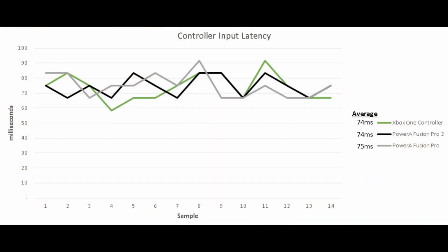I also performed an input latency test in Apex Legends on an Xbox Series X using both Fusion Pro models and a standard Xbox One controller. My methodology was I measured the time between the sound of the switch and a button press and the change in state of pixels on my monitor. I had the monitor set to 120 Hz, even though Apex currently only runs at 60 FPS on all consoles. Here are the results. As you can see, all three controllers had nearly identical average input latency in Apex Legends